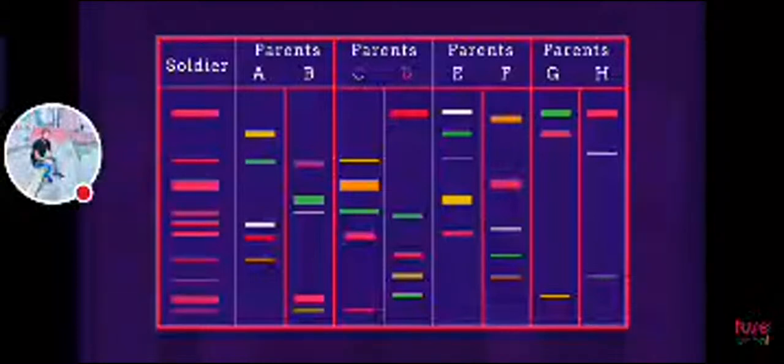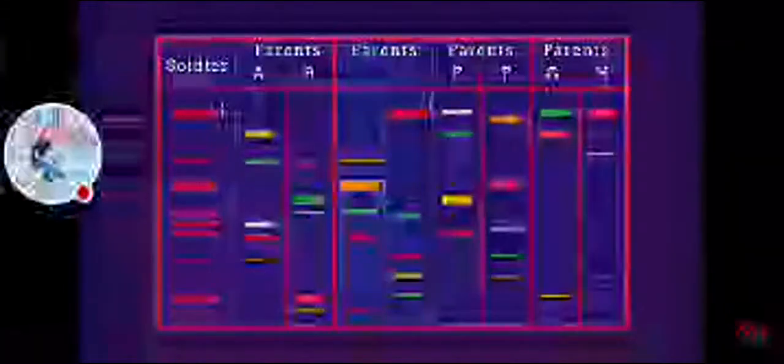Parents C and D. As you can see, he inherited the first band from parent D, and the second, third, and fourth from parent C, and so on. So now you understand